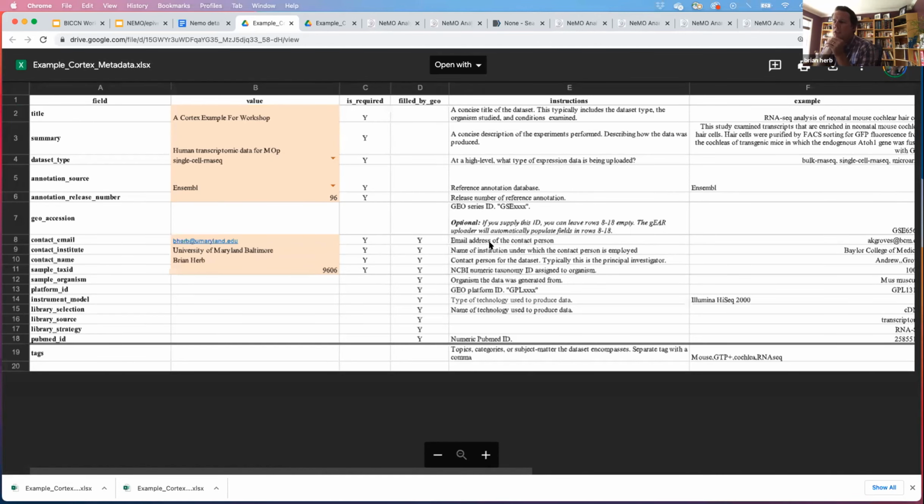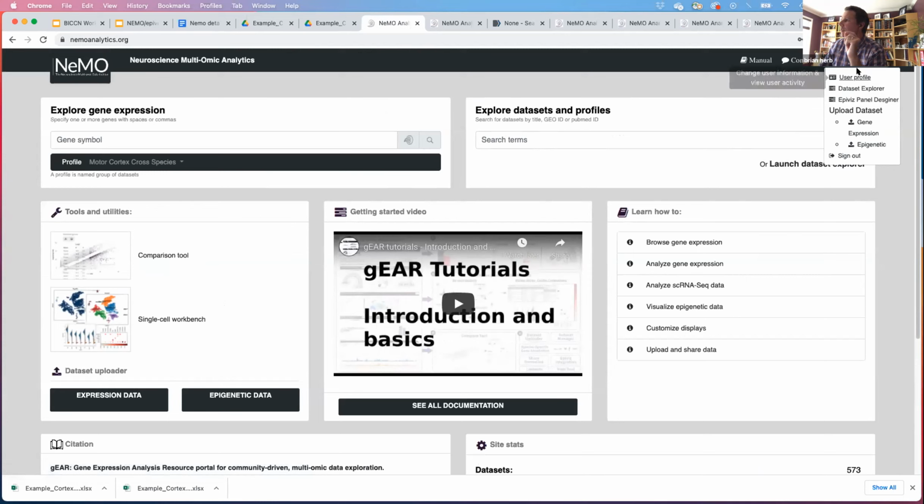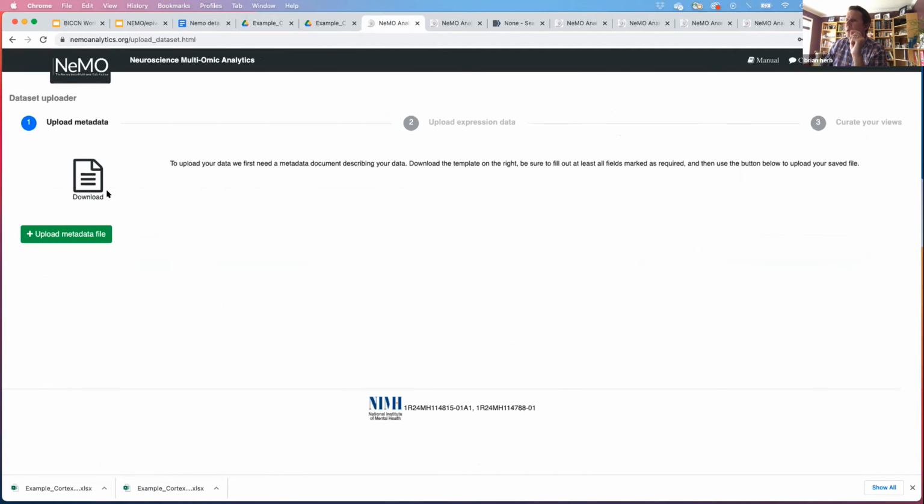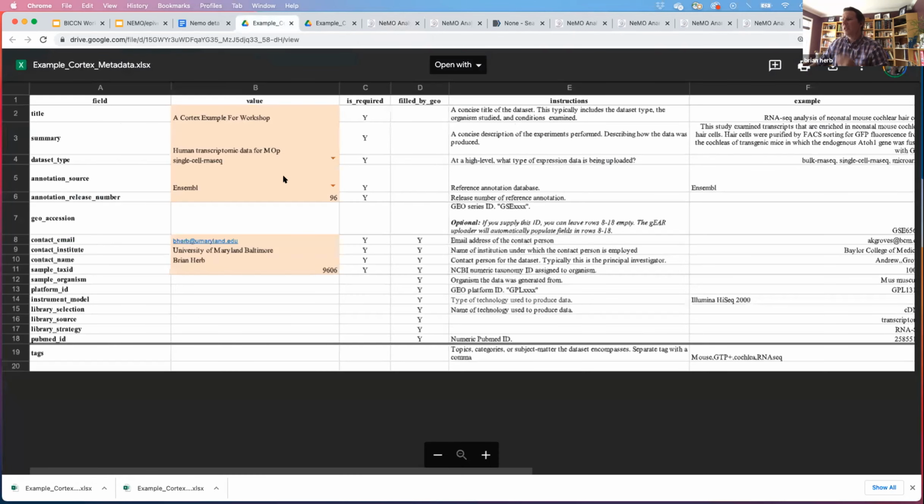So if you download on the site itself, let's just go to the front page a moment. This section on uploading, in that upper right, uploading a gene expression data set. This is essentially the front page for the portal for adding in single cell data. So if you need that example XLS, both the one that I gave you and if you need it as well, you can download it here. All right, so let's take another example, look at what that is.